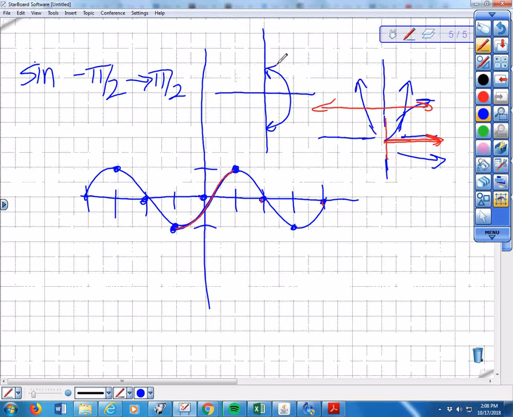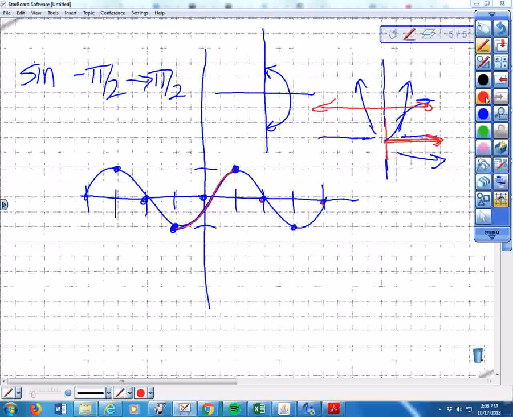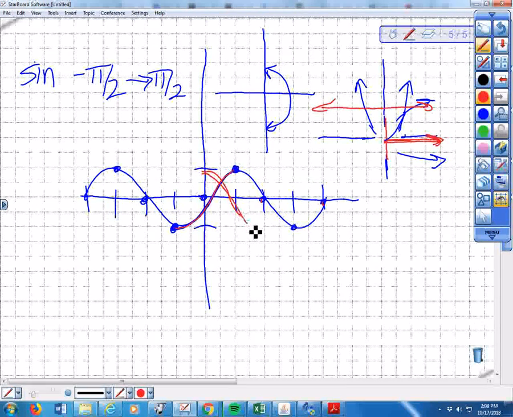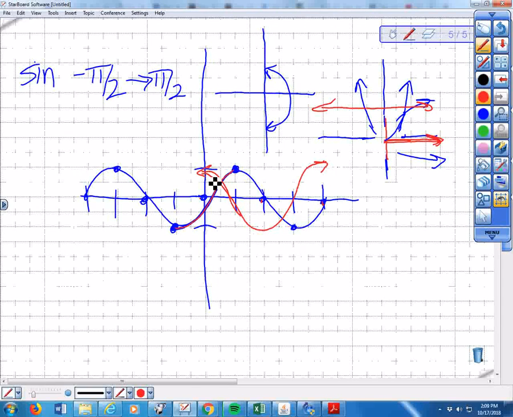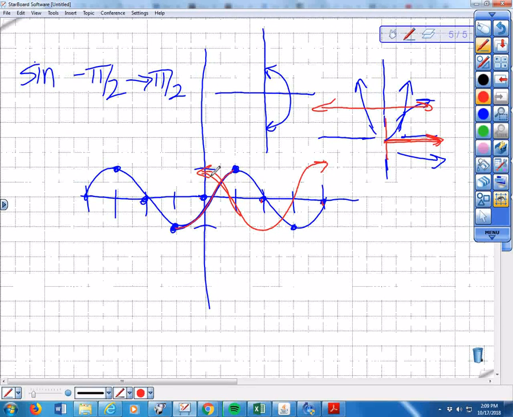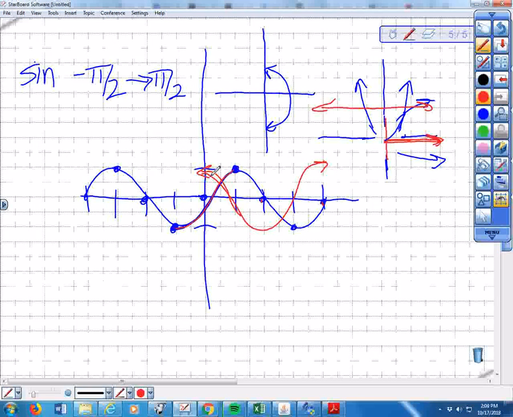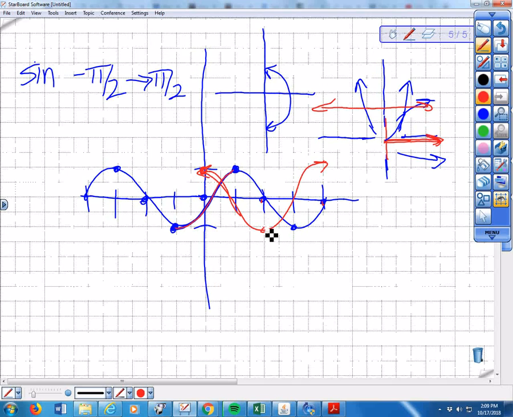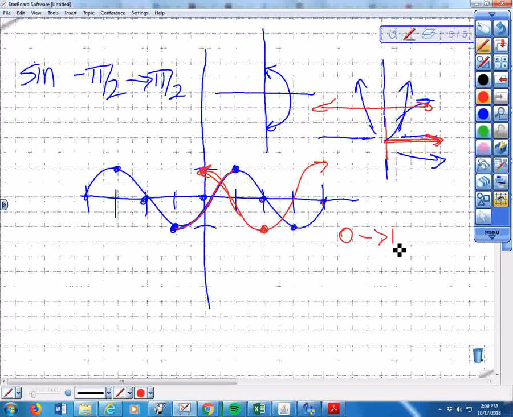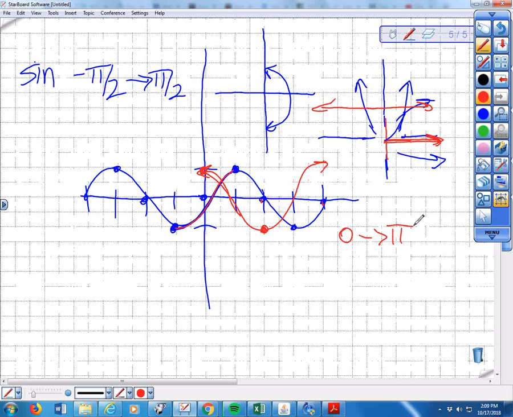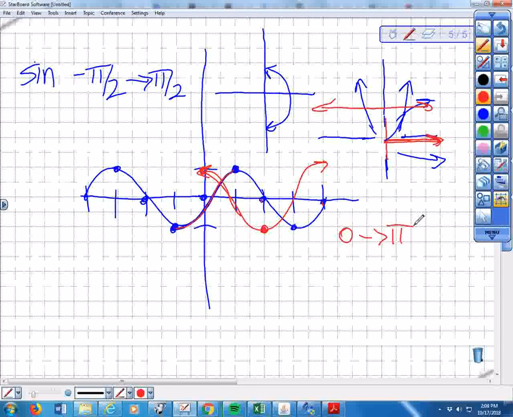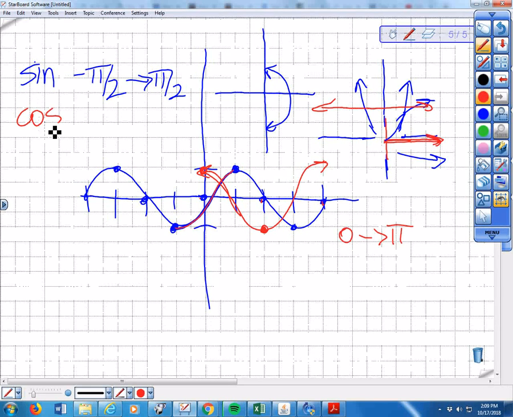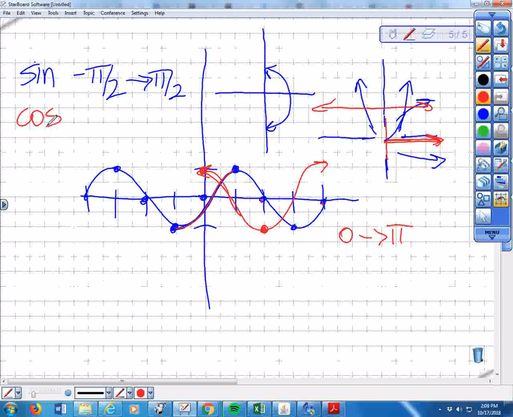Okay? If I overlay cosine onto this, maybe down here, something like that. It does not pass, if I do one period, it will not pass the horizontal line test. But if I restrict it from here to here, 0 to pi, that little piece will pass the horizontal line test. Okay, so cosine, the domain restriction, that's just the universal domain restriction that mathematicians decided on,